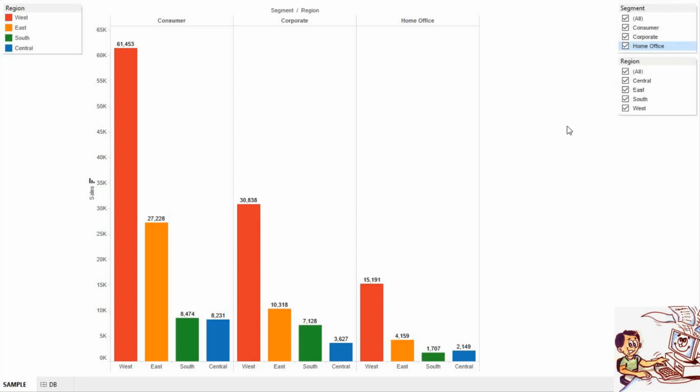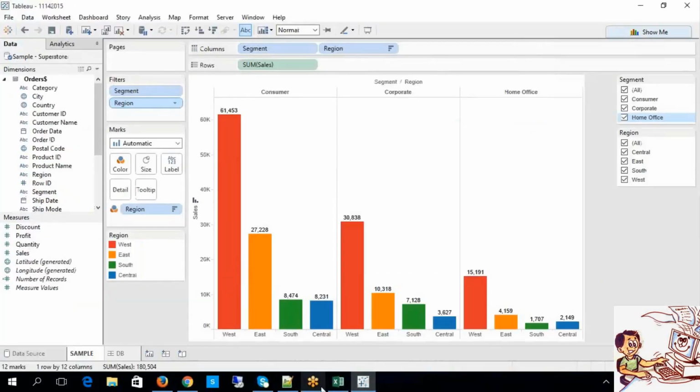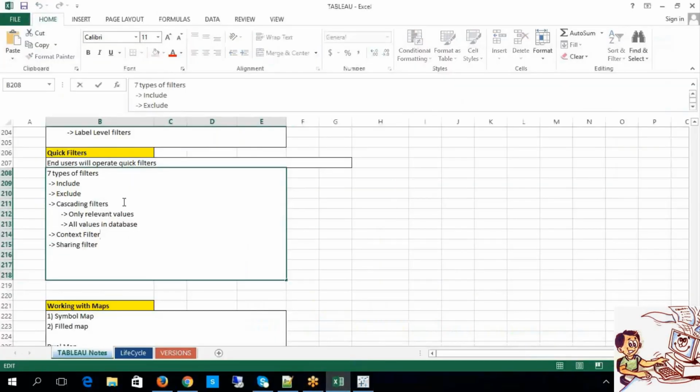Yes, Aman here. Yes, Aman, please. So here actually there are two quick filters. Can we relate these two quick filters, so that in place of segment there is a country, and under that there are states? Like if I select US, it should show only the states within the US. Exactly, I got your point. Yes, that is what we call cascading filters.